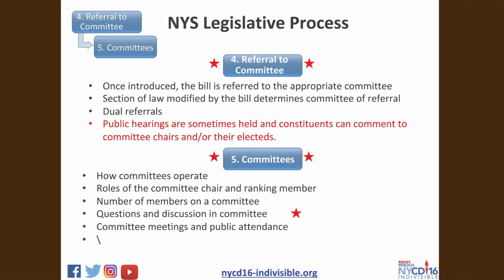Okay, committees. How the committees operate. They operate differently, in my experience, in the Assembly and the Senate. In the Assembly, okay, 150 members, veto-proof Democratic majority. There are committee chairs, like Gary, who's chair of Racing and Wagering. He's been chair for a long time, and he has tremendous credibility and respect from members on both sides of the aisle. Generally speaking, Democratic members follow the vote of the chair. So the chair decides to put the bill on the agenda. Just because the bill is referred to Gary's committee doesn't mean he puts it on the agenda. He and the staff of the Assembly decide. They put the bill on the agenda. Most Democratic members who are assigned to that committee are going to vote in concert with the chair. Not always,